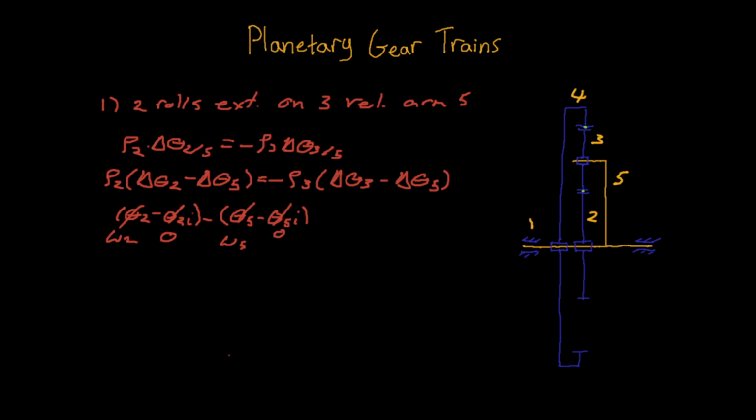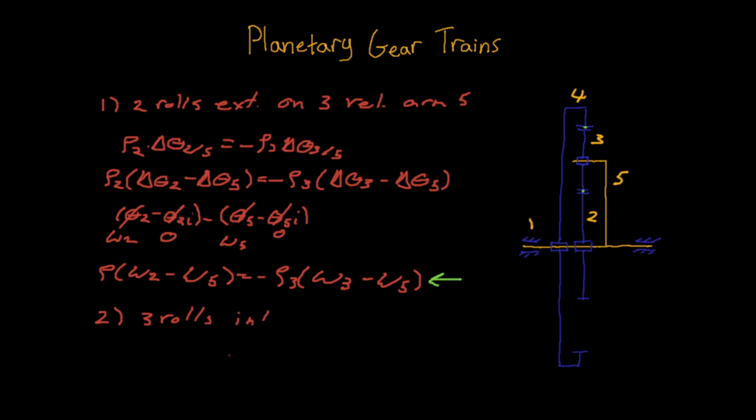So if we differentiate and write it out in terms of angular velocities, we get rho 2 times omega 2 minus omega 5 is equal to negative rho 3 times omega 3 minus omega 5. That's the first equation, and now we can write out the second equation